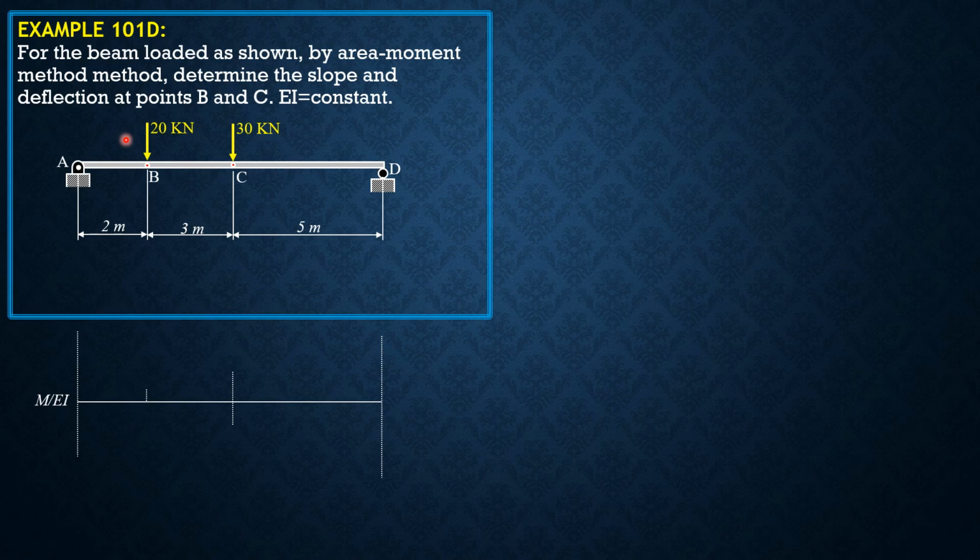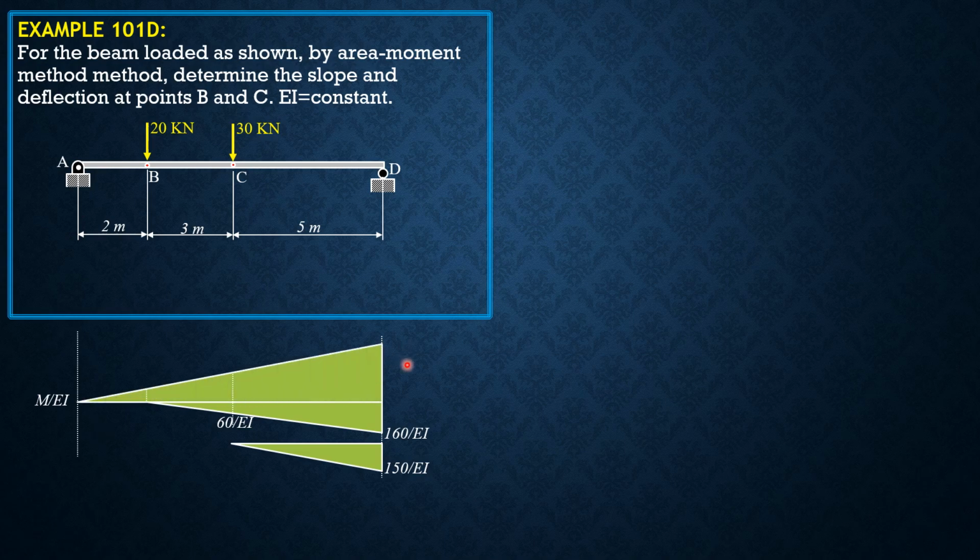So first, for 20 times 8, it's 160 over EI. Then 30 times 5, so an additional triangular moment diagram. By the way, this is 60 over EI. 20 times 3, 60 over EI. Then this is 30 times 5, 150 over EI. Since 160 plus 150 is 310 negative, the moment due to the reaction at A at D would be